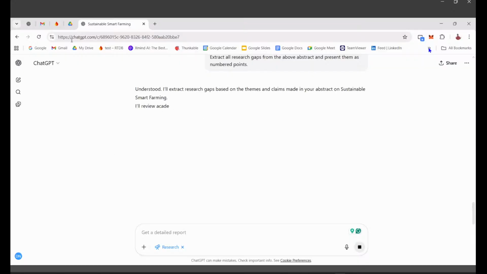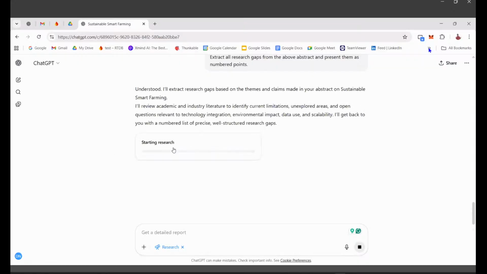Now it starts for sure. Yes, starting research. Understood. I'll extract all the research gaps based on the themes and claims. It takes some time for sure, but it gives a better output.